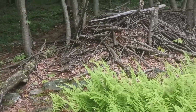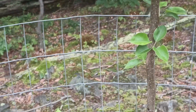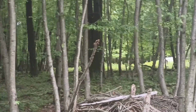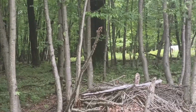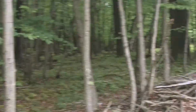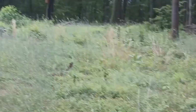And I will get around to looking at the other trees here at a later date, but I thought I'd get a little update on what I'm seeing this year so far. As I can see right through there, the other chestnut that had burrs on it last year, but I can't tell from here whether there's any burrs on it or not. And there's also the one back here that's here close to the cabin,